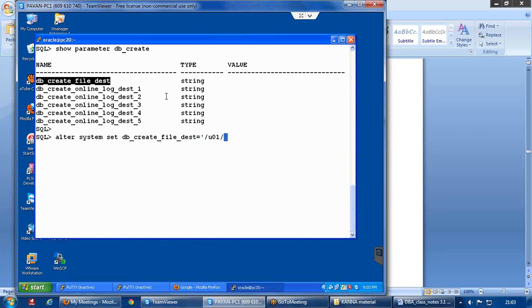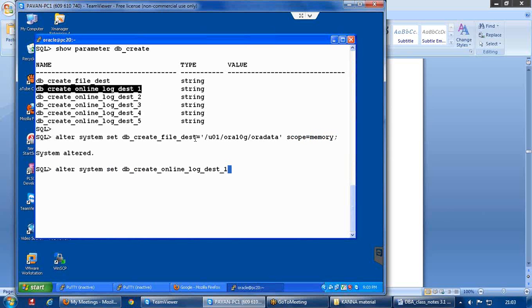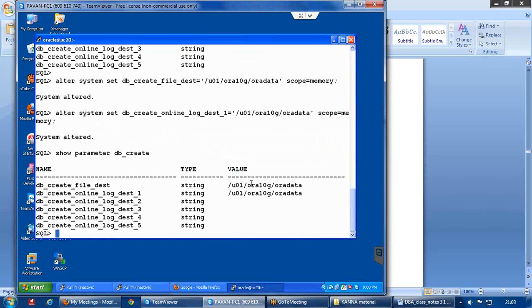I am pointing that to u01/ora10g/oradata, and scope you can use anything because this is a dynamic parameter. After setting these two, if you see, you can see the new values here.